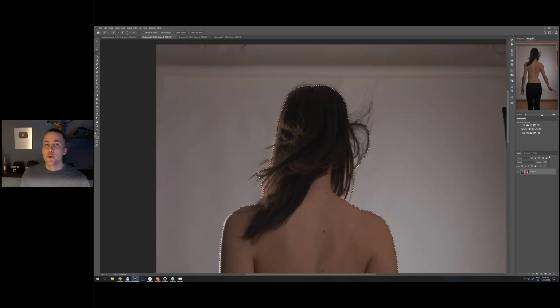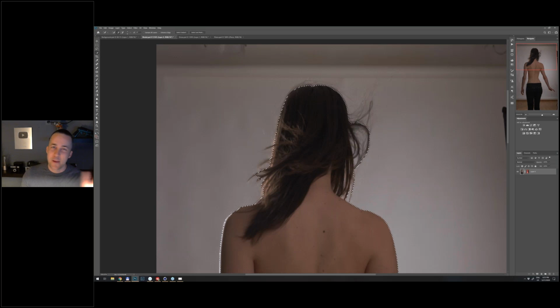So whenever you're taking a photo of a model with messy hair, usually a female model, because there are a lot of flying hairs around, etc. If you want to have a really nice selection, you need to think in advance. You need to think what you will do with the model, in what kind of background you will put it, in order to be able to extract the hair easier. So here the model has darker hair and the background is a bit lighter. It's much lighter actually than the hair. If I put a dark background right here and I have this dark hair,